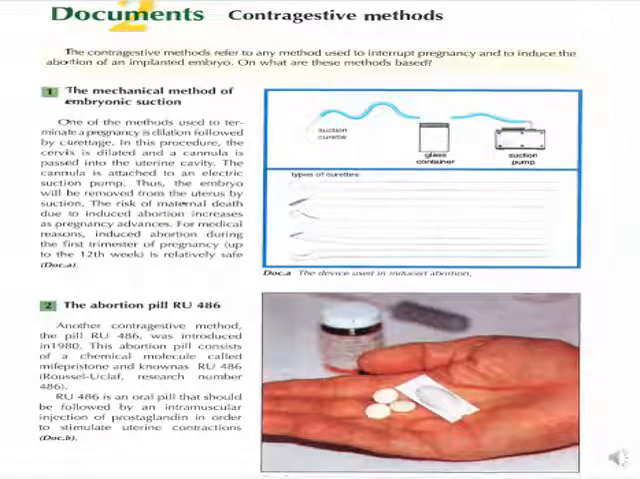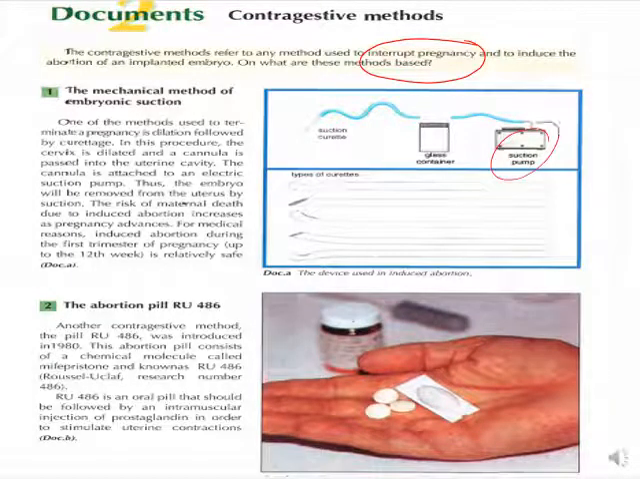Contragestive methods refer to any method that's used to interrupt pregnancy and to induce the abortion of the embryo. So, what are the methods based on? Let's start first with the mechanical method of embryonic suction. They use curettes or a suction pump, and one of the methods used to terminate pregnancy is dilation,